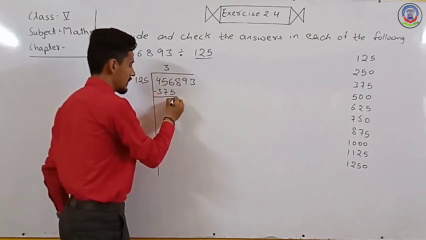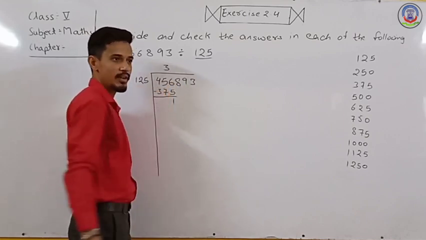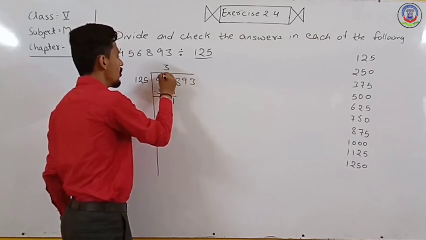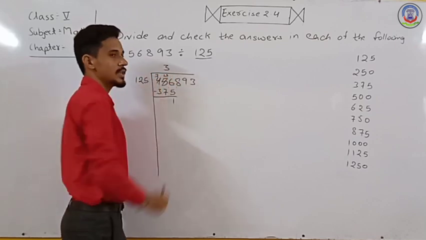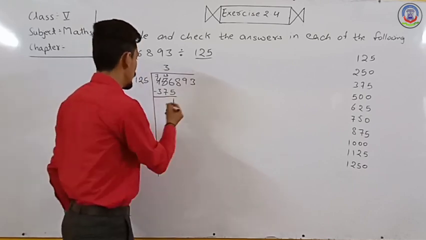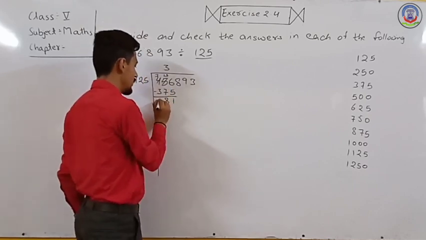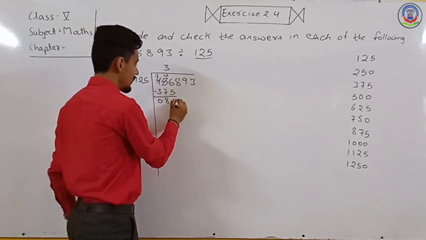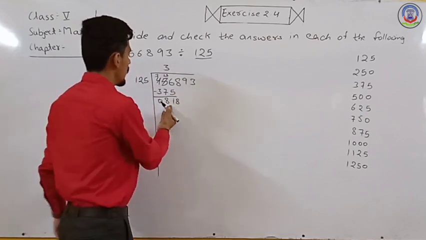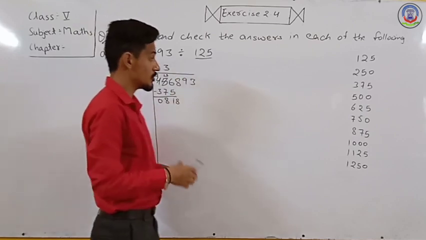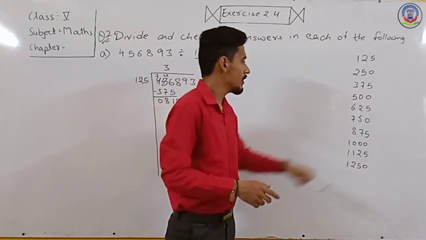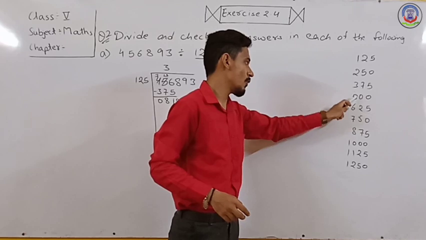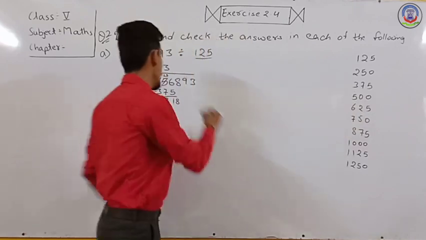6 subtract 5 is 1. 5 subtract 7 is not possible. So we borrow. That is 15 and this is 3. So 15 subtract 7, it is 8 and 3 subtract 3 is 0. Next we have 8. So we write here 8. 818. Now check here 818. That is 750 is smaller. So 1, 2, 3, 4, 5, 6. 6 times